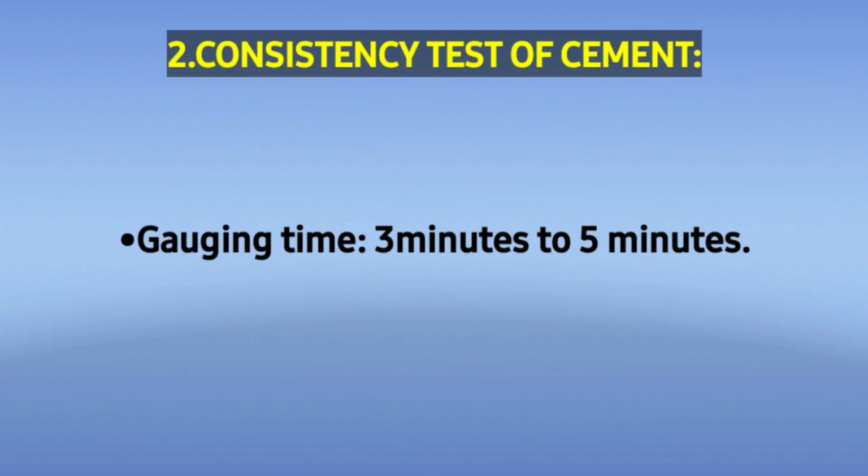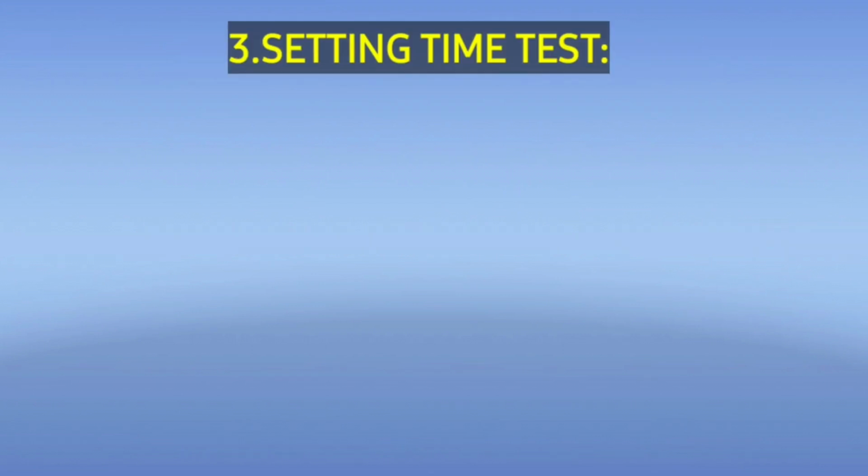इस टेस्ट के दौरान गेजिंग टाइम का ध्यान रखना होता है। गेजिंग टाइम वो टाइम होता है जब सीमेंट में वाटर ऐड किया जाता है, वहाँ से लेके जब सीमेंट को हम मोल्ड में डालते हैं। तो ये मिनिमम 3 मिनट्स होना चाहिए एंड मैक्सिमम 5 मिनट्स होना चाहिए। तो गेजिंग टाइम मस्ट बी इन बिटवीन 3 मिनट्स to 5 मिनट्स।